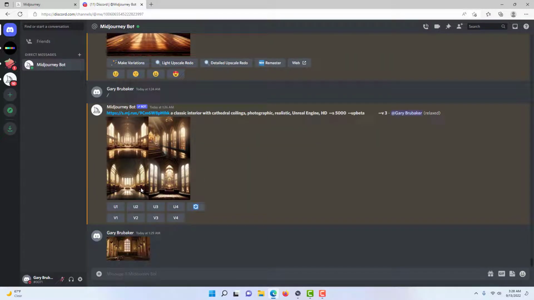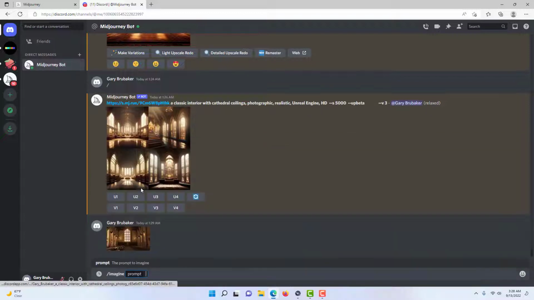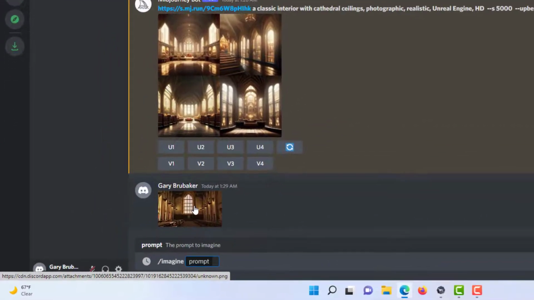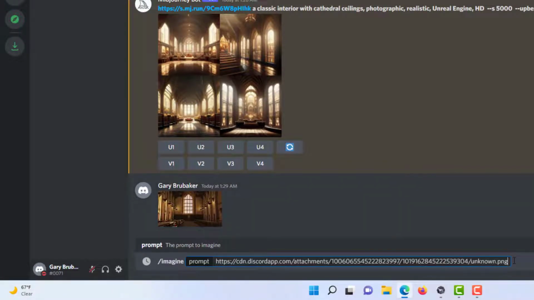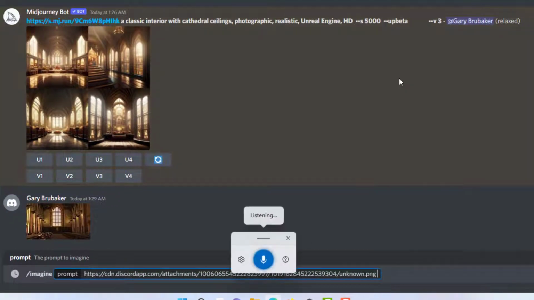So we're going to type the prompt in again, /. That's all we need to do, and press enter. Now since it's in the prompt now, and we basically upload this image here, in the figure of speech, we'll just drag it down here. Then you can see right here. Put the space bar. Then we can just right click again, voice typing, and